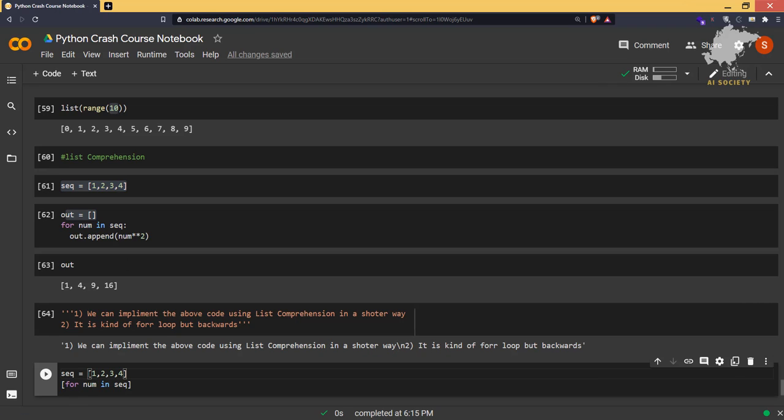So first of all we are iterating over all the elements, and we want to perform the power by 2 on each and every element. That means num to the power 2. Just type num to the power 2 here, and then run the code.